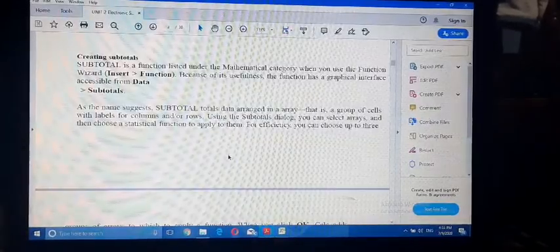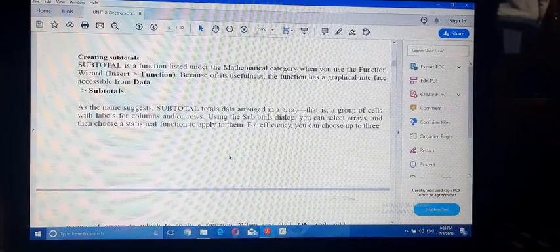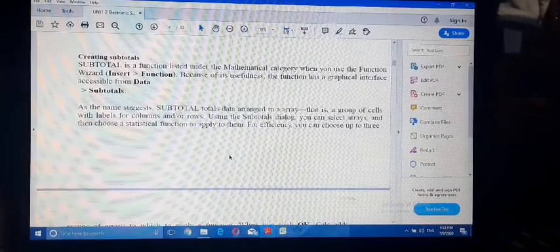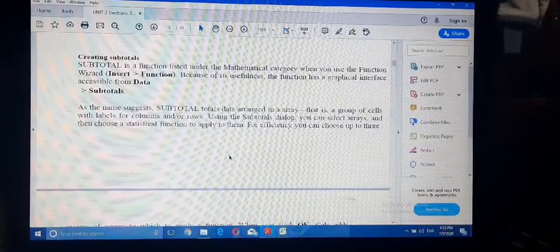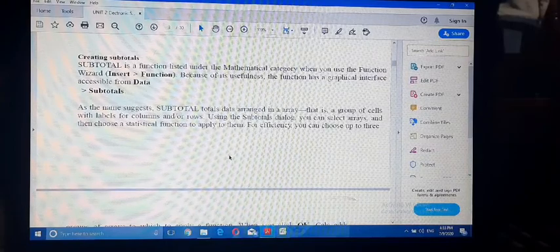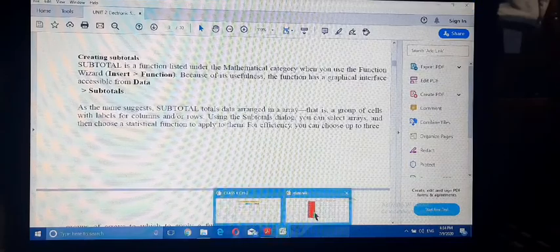Next topic is subtotal. Subtotal means totaling data on the basis of their category. Look at the example.